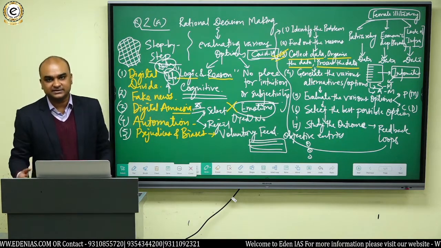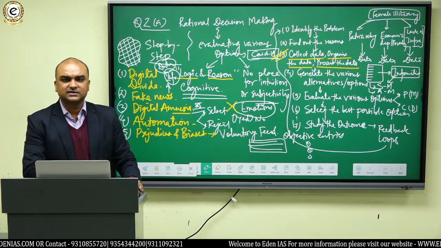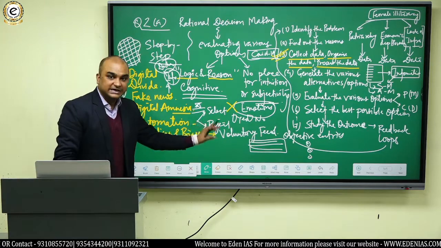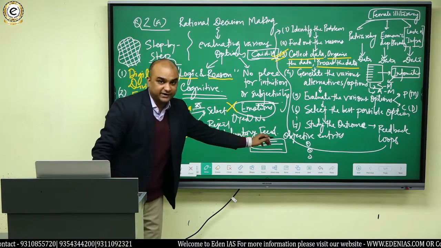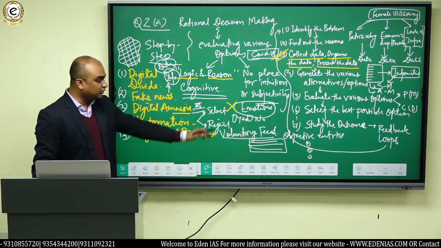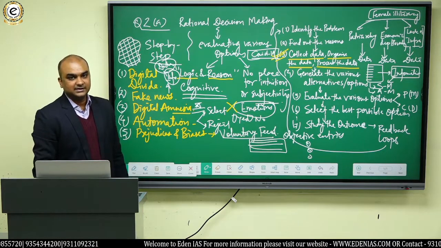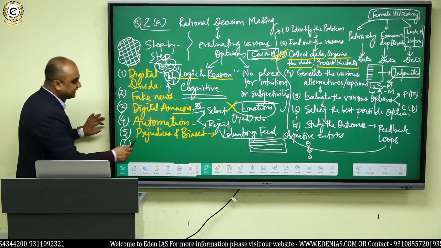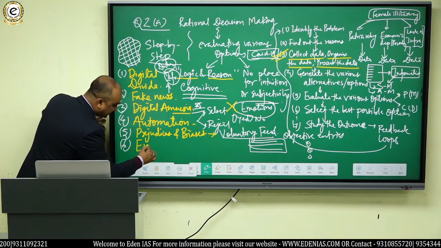Sometimes political biases, sometimes economic biases, sometimes philosophical biases, all may come into the picture and ruin the data feed, especially when it is voluntary feed and subjective in nature and not objective in nature. Do you understand that? Then you see the sixth problem with digital data is that it does not take into